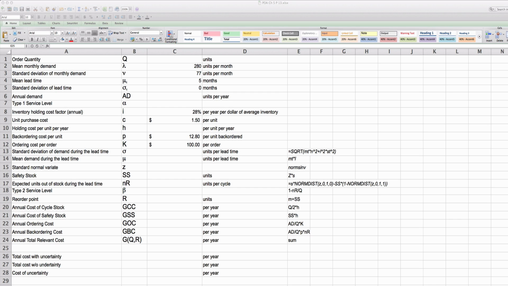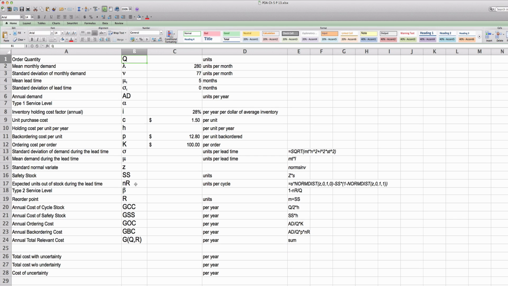This time we're looking at the optimal RQ policy, also known as the optimal reorder point model. Remember, we're using this model when we deal with uncertain demand and uncertain lead time. To do this, we need to expand on our basic EOQ model and include a safety stock, which ultimately translates into using a reorder point. In other words, our order policy is now defined by two parameters, that is the order quantity Q and the